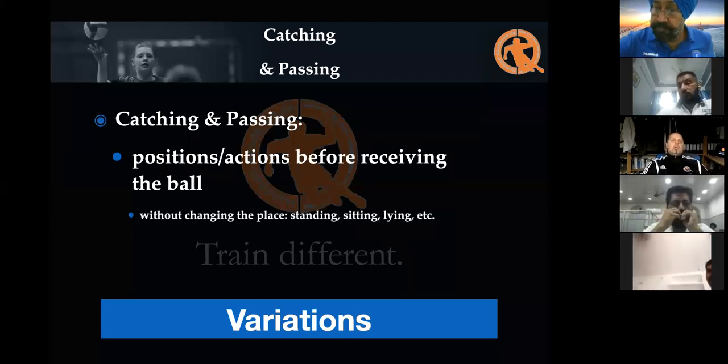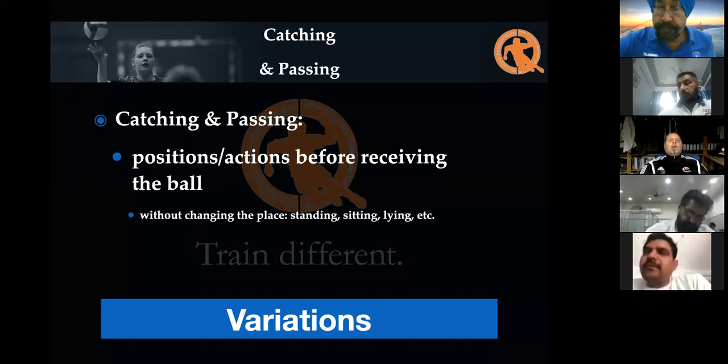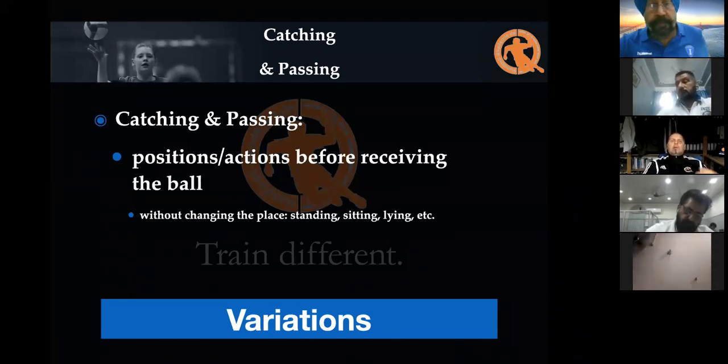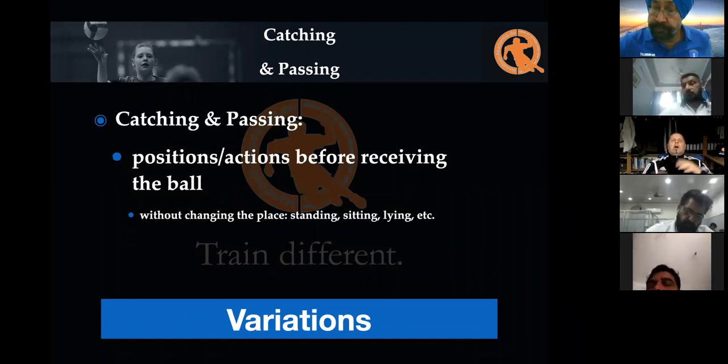So the players do that while they are standing, while they are sitting, or even lying on the ground. So this gives the coach a very good chance to put them in some positions to really clarify what is the proper distance between the players that are passing, and to really focus on the receiving and passing of the ball,